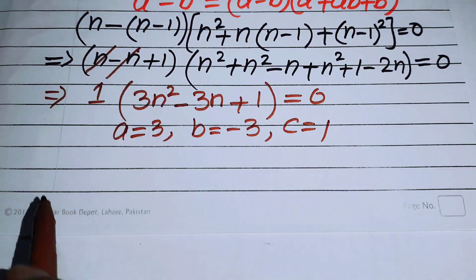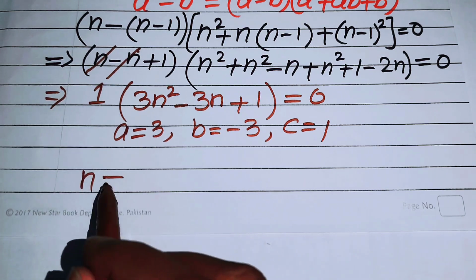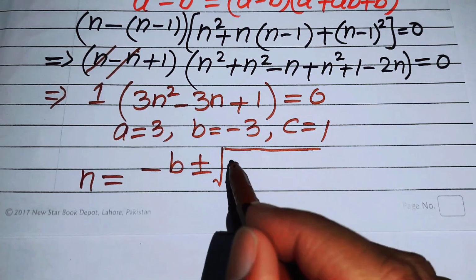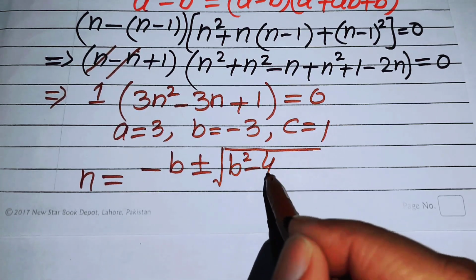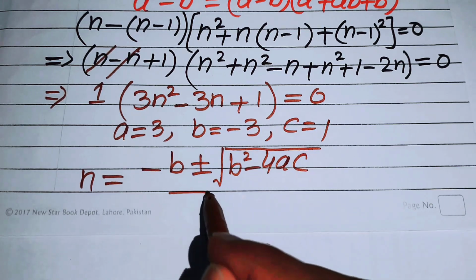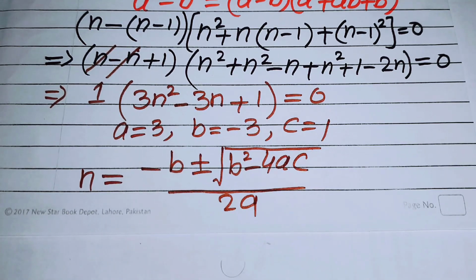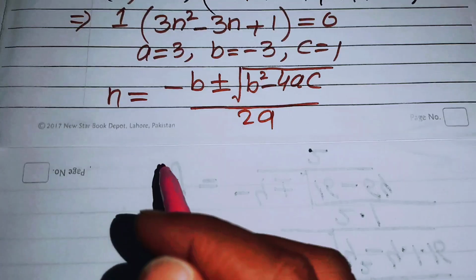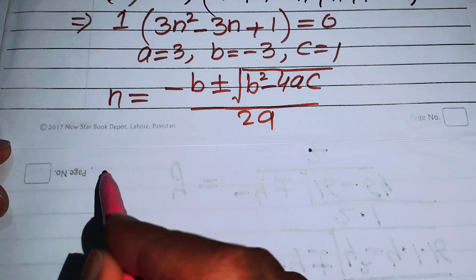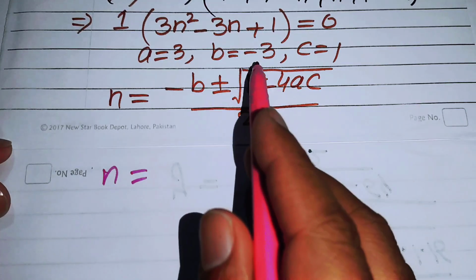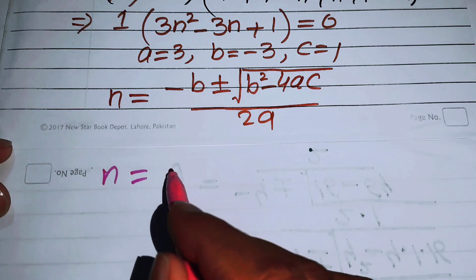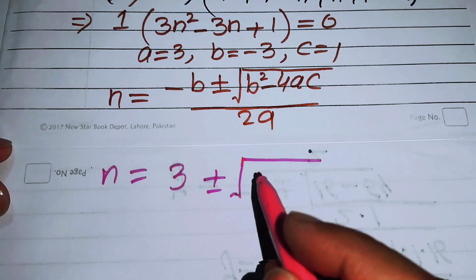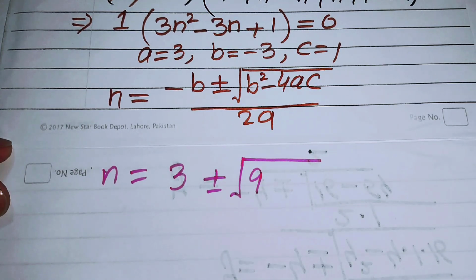Then our quadratic formula will look like this: n equals minus b plus or minus square root of b squared minus 4ac, over 2a. So now we put all the values of a, b and c in this formula and get its output: n equals minus b. We have b as minus 3, so minus times minus becomes plus 3, and plus or minus the square root of b squared, so b squared is minus 3 squared, which is 9,